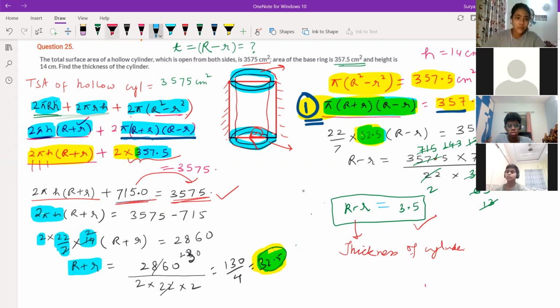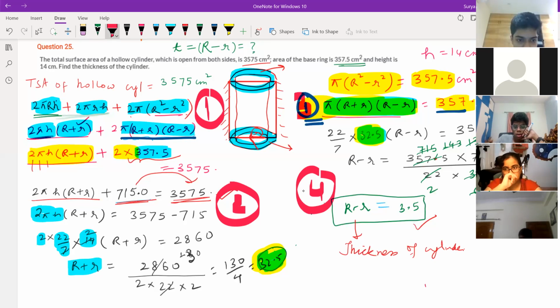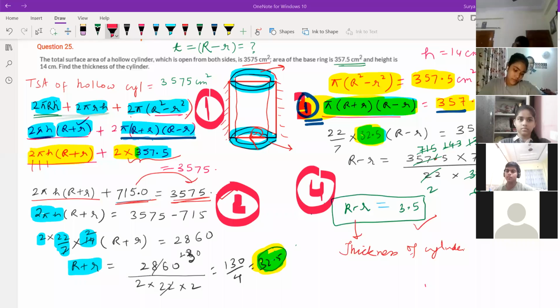Now please go through this once. If you have a doubt in any step, first step, second step, third step, fourth step, I'm simply writing them. Which part are you feeling difficulty in? Please ask if you have doubts. Diksha, on your camera. Please check, children, and if you have doubt anywhere, please ask.